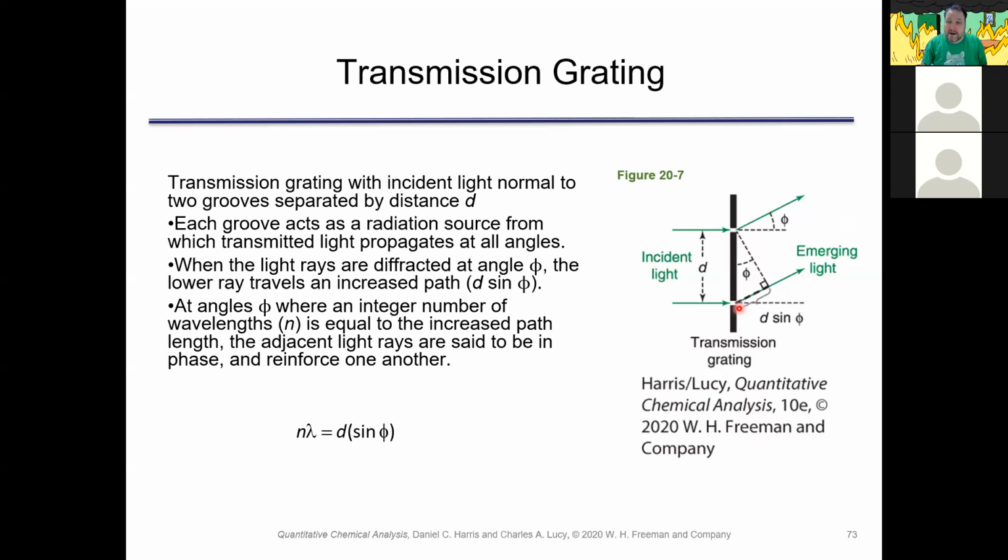So when light rays are diffracted at an angle, the lower rays travel an increased path, d sine theta, and at angles where an integer number of wavelengths is equal to an increased path length, the adjacent light rays are said to be in phase and reinforce each other. If they're completely out of phase, they're going to cancel each other. And so we get this equation here where n lambda is equal to d sine